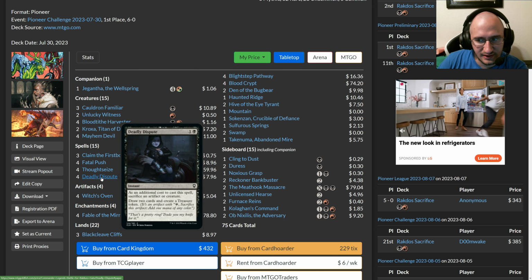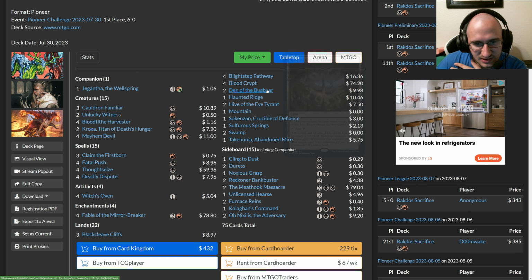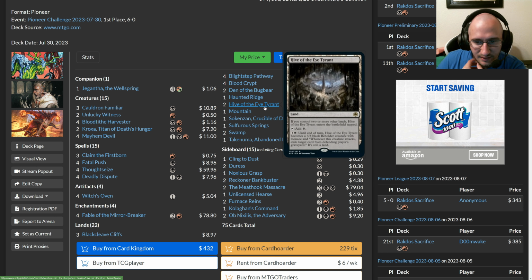Of course, generating a little bit more mana by creating the treasure token. Chances are, if you're attacking with a Den of the Bugbear in the late game, it is to set up something with a Deadly Dispute, or to be able to have a creature to sacrifice to try to get something going. And the other small percentage of the time, it's trying to close out the game through the combat step. Hive of the Eye Tyrant is also a way that you can manage your opponent's